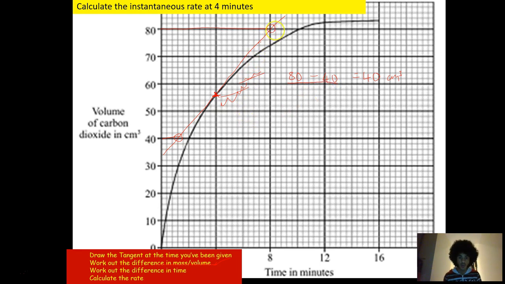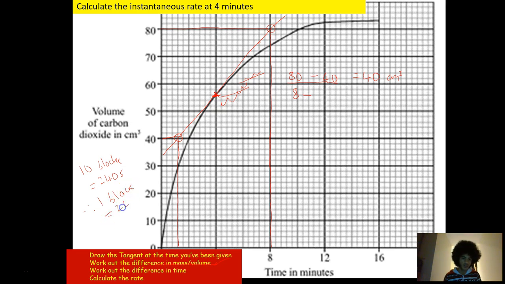The second bit I have to do is work out the difference in time. So again, I have to draw a line down, like so. And that's at 8 minutes. And I have to work out the difference from here. Now, this is a bit more complicated because I need to work out the value of one very small block. Each 10 blocks is 4 minutes or 240 seconds. Okay, so 10 blocks equals 240 seconds. Therefore, I only want to know one block at the moment. So one block